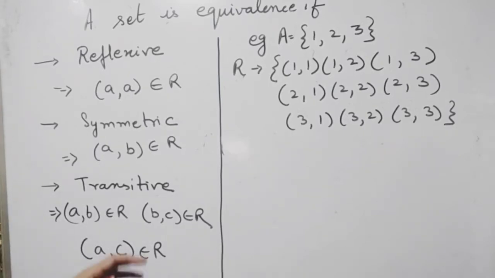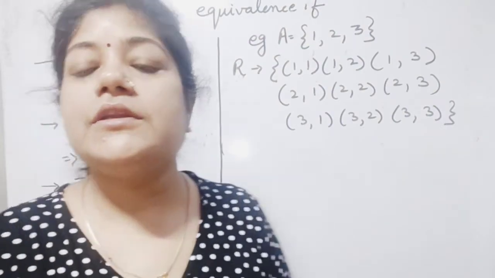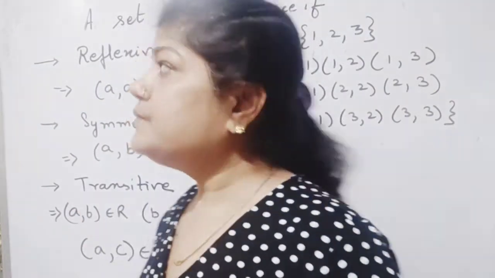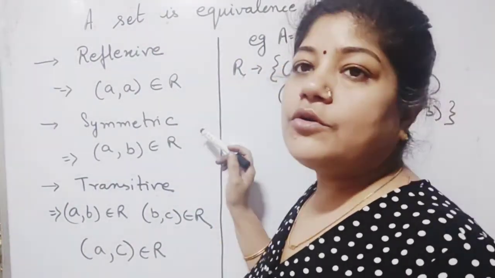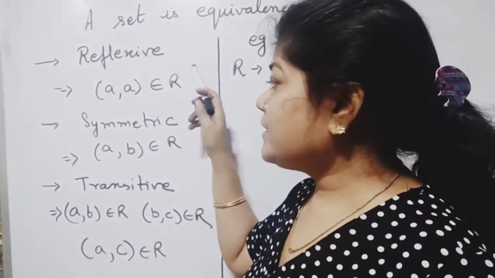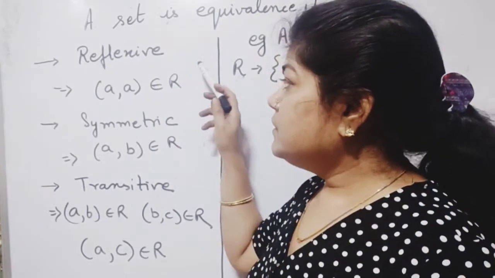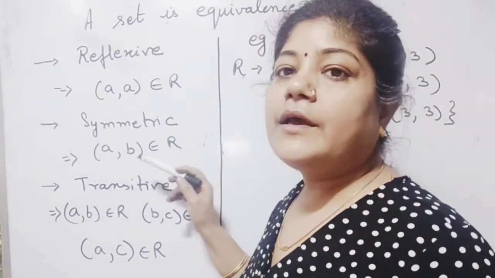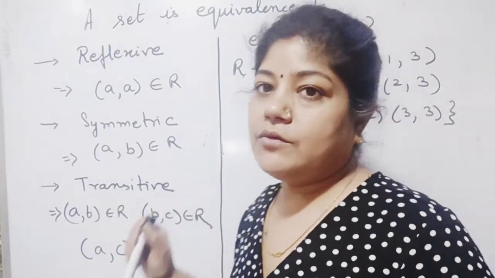Now in this section of the video, we discuss how to prove whether a relation is an equivalence relation or not. In order to prove whether a relation is equivalence or not, we have to prove 3 points: whether the relation is reflexive, whether it is symmetric, and whether it is transitive. These are the theoretical way which I have written over here, and I am going to explain these theoretical way with the help of mathematical way also.